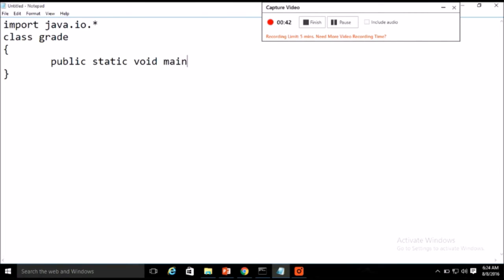Public static void main with string arguments. In case of any exceptional situation, like dividing a number by 0, it goes with exception handling. We are not going to that topic presently. For this we are going to use some input values. So we are using the data type character for the variable, and we are initializing the value of the variable as C. Now the main part, the switch statement,